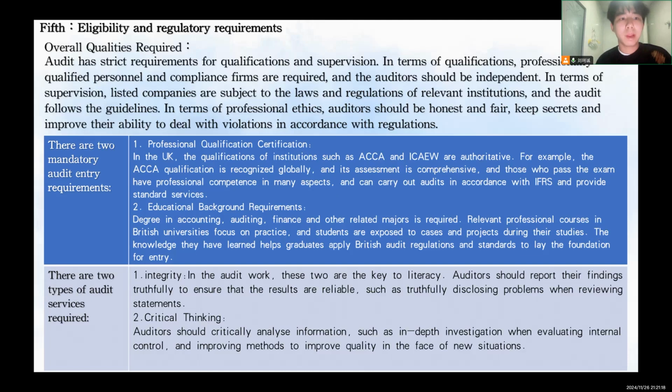exam are professionals who can conduct audits under IFRS and provide the standards survey. And the education background